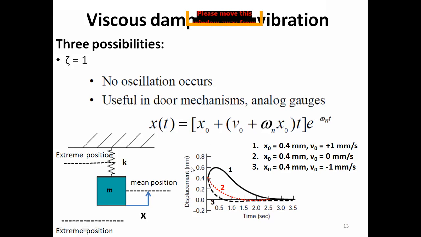Along the vertical, we have the displacement, that is x of t, and along the horizontal, we have the time. If we simulate this equation for this initial condition, we would have this response. To explain how the response would be this, because there would be no vibration, it means that if I displace the mass, give an initial displacement and then release the mass, then slowly and gradually the mass would come to the equilibrium position.